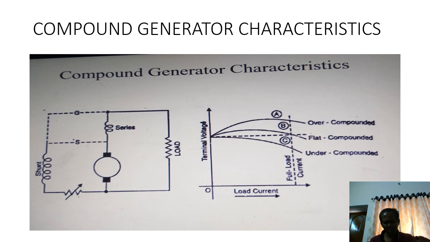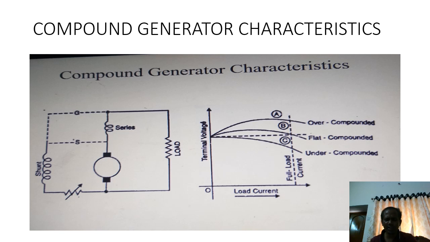In the case of the DC shunt generator, it is a dropping characteristic. In the case of the series generator, there is a rising characteristic. So here we consider the over compounded generator, which means addition of the shunt field flux and series field flux. You will get a rise in the flux. That is called the over compound type generator.